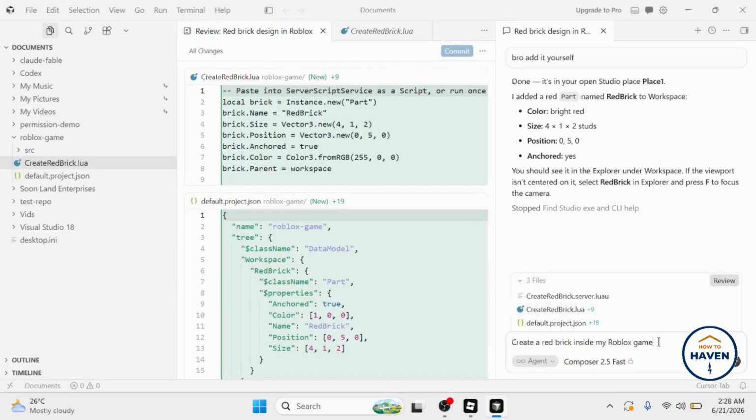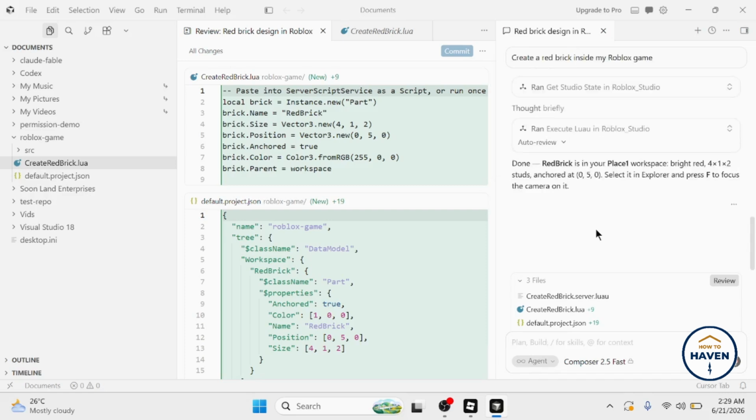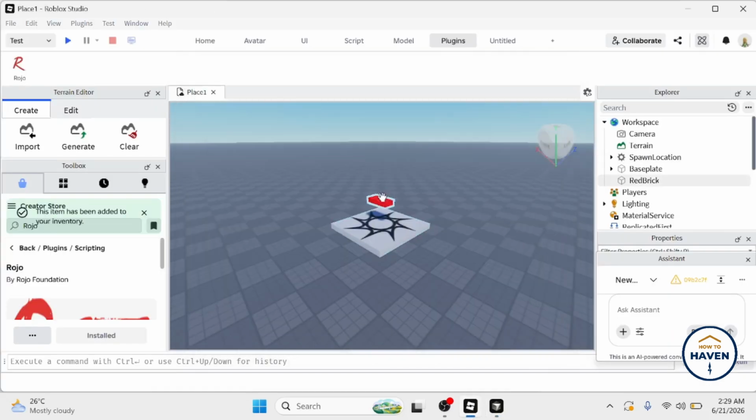For example, I have typed down create a red brick inside my Roblox game. And then you're going to press enter and just wait for it to plan the moves and create the output for you. Once done, it's going to say done. So you're going to go to Roblox Studio, cross this down, and you'll be able to see the red brick